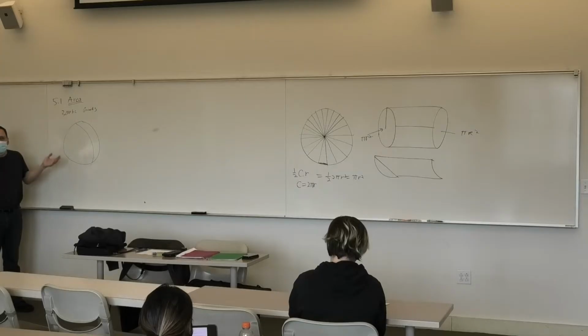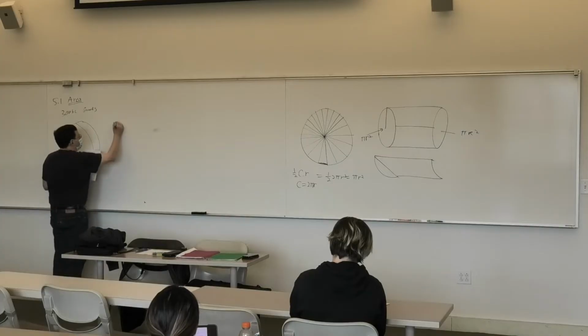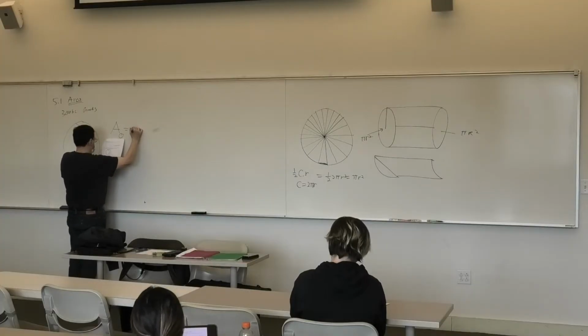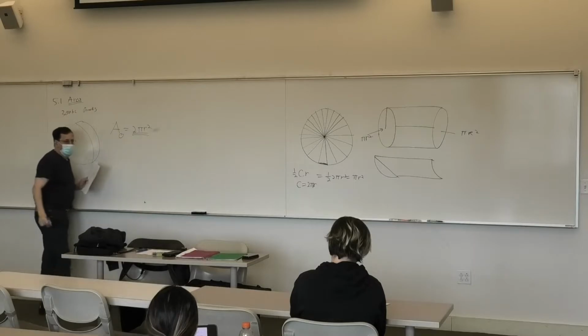It's not flat anywhere. You could try and approximate it. But you may recall from geometry that the surface area of a sphere is 4 pi r squared, but anybody